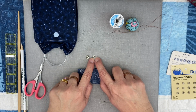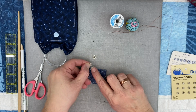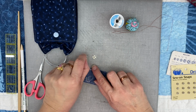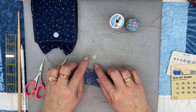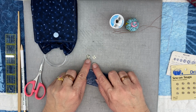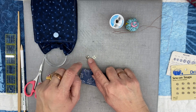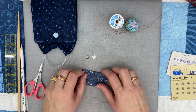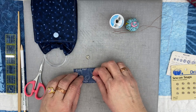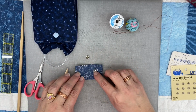One piece is flat with a raised bump in the middle. The other one has a bump on the bottom section and is a little thicker and rounded. And you want to be sure that you sew this side, or the female side, to where the indentation goes down, not pokes up. So you're going to first measure to put your snap,